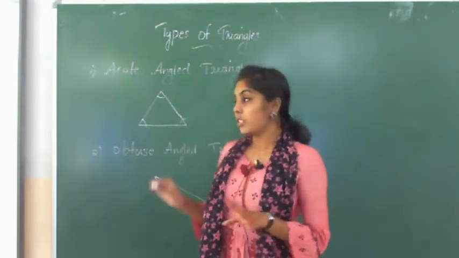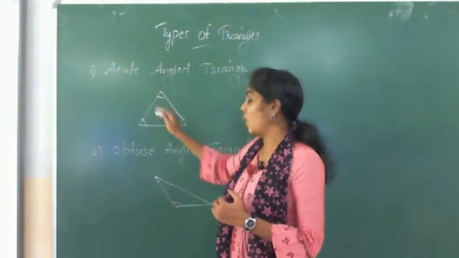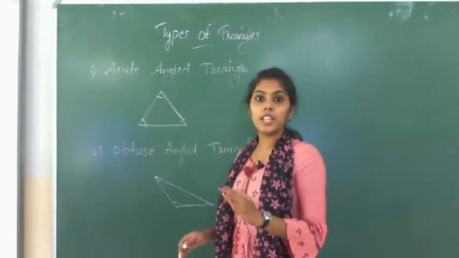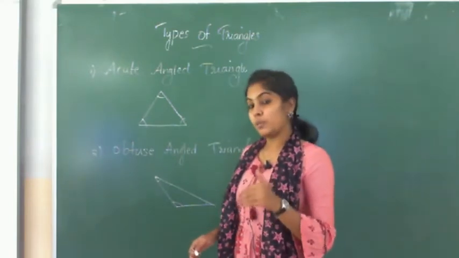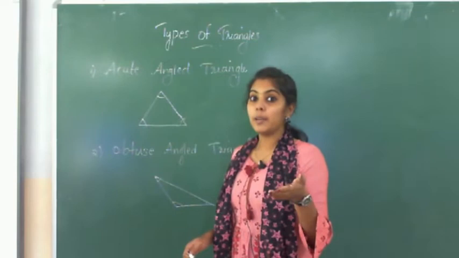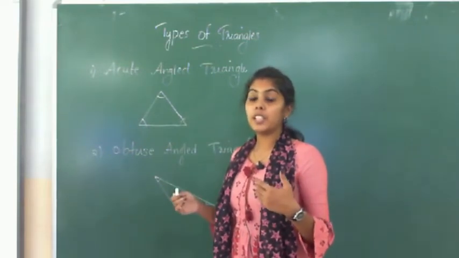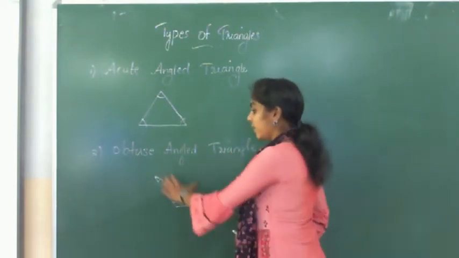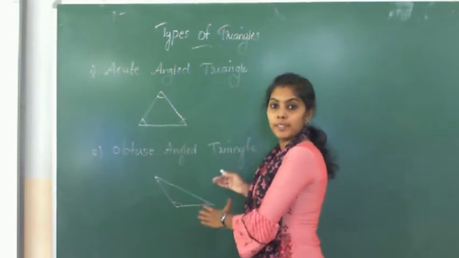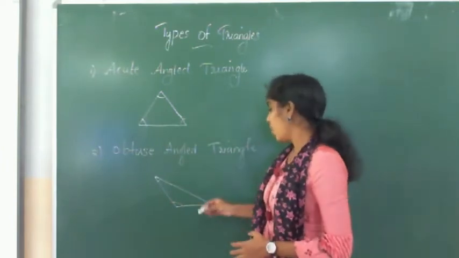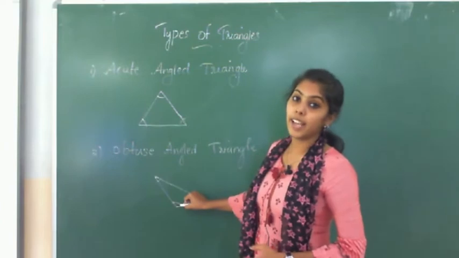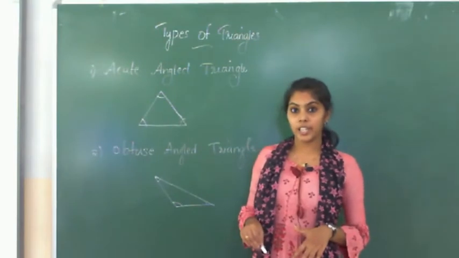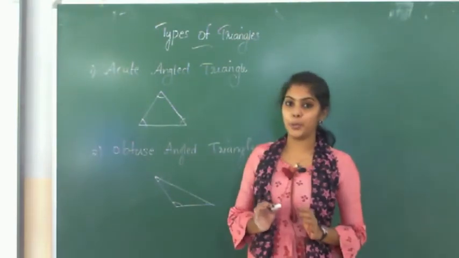It's not possible because the sum of the angles in a triangle should be 180 degrees, isn't it? An obtuse angle is greater than 90 and less than 180. If all 3 angles were greater than 90, when we add them we would get a number beyond 180. But the total should be 180, then only it will become a triangle. So one angle should be obtuse, and the other 2 angles may be acute.